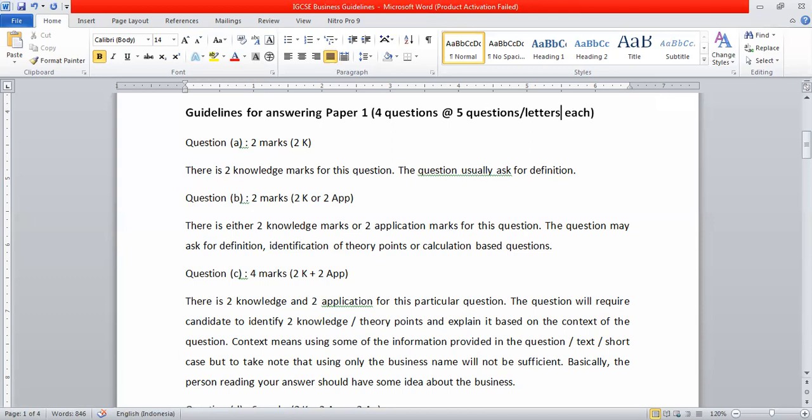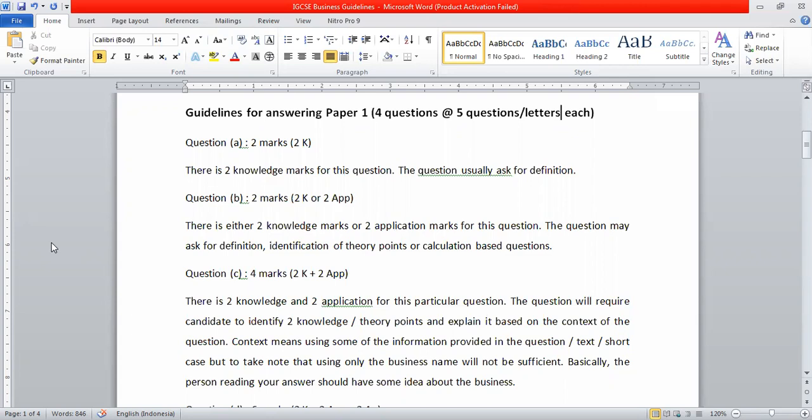That's the situation. Now, question 1, 2, 3, and 4 have almost the same structure. They will give you a paragraph. After that paragraph, you will be given questions, so questions A, B, C, D, and E. In that case, we only need to understand what is being asked by each question, in a sense of what is being requested in question A, what is being requested in question B, what is being requested in question C, as well as